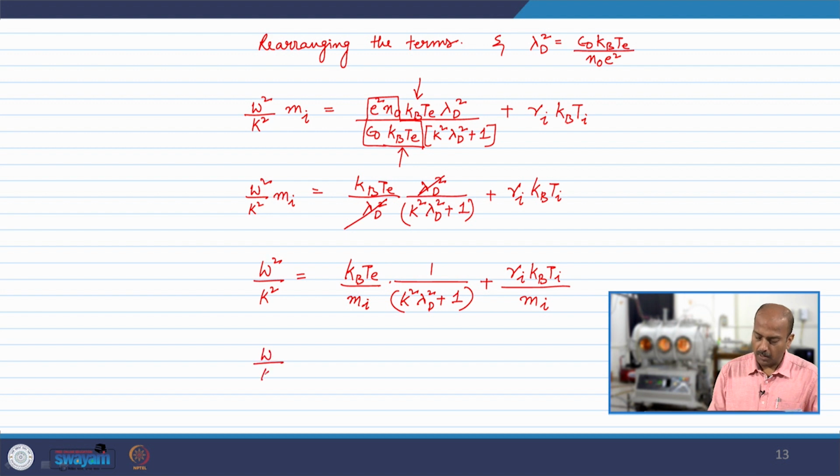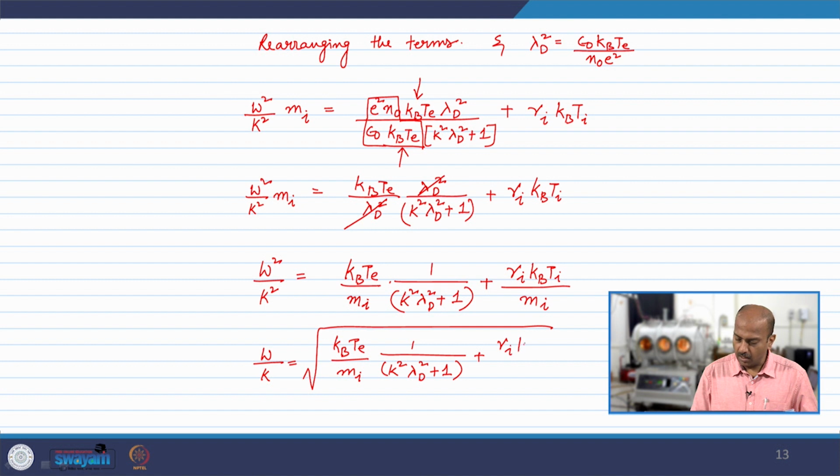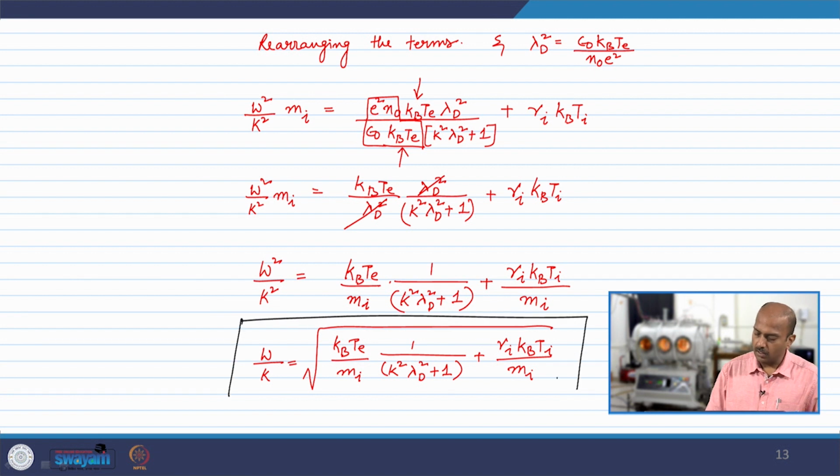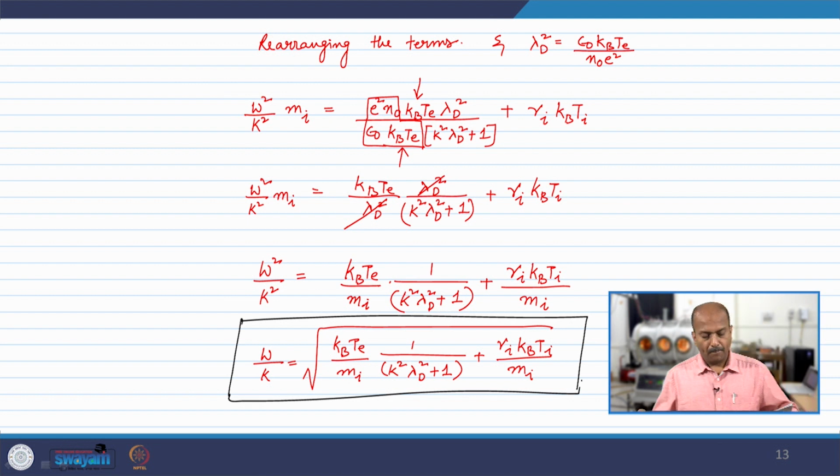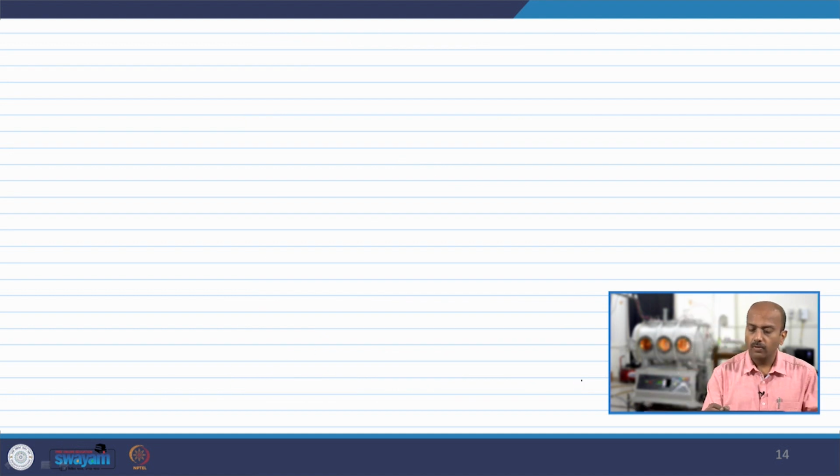or omega by k is under root k_B T_e by m_i into 1 by k square lambda d square plus 1, plus gamma_i k_B T_i by m_i. So this is nothing but the dispersion relation, omega versus k. Right. Now, let us compare this expression with the earlier expression. What is it? Omega by k is